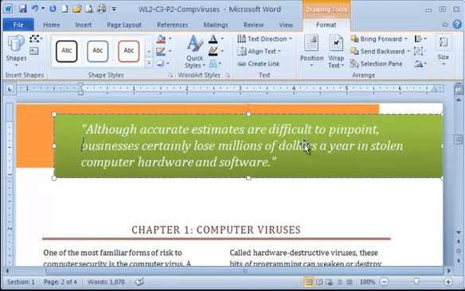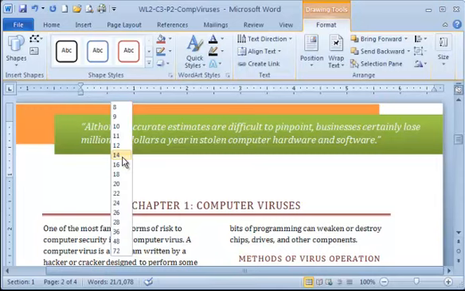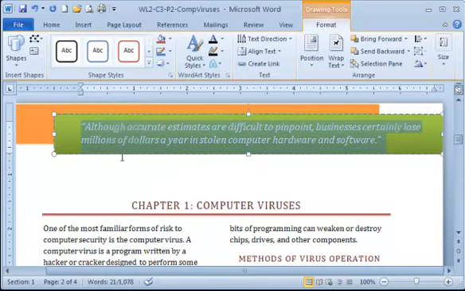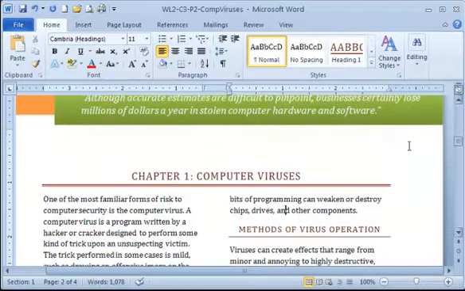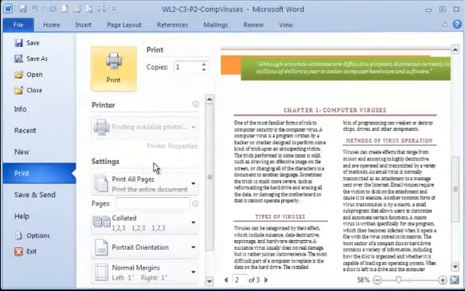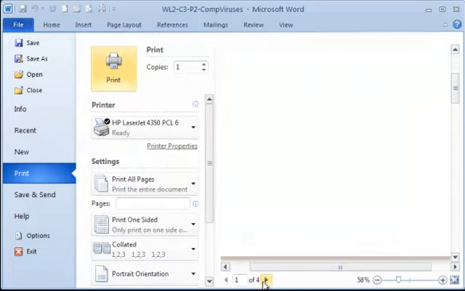Okay, so that's our sidebar, and they also want to make that a little bit smaller in font. So I'm going to select the text, and I'm just going to use the mini toolbar here, and they want that reduced to 14. And then we'll click outside of that, and you can see what that does. Let's do a print preview so you can see what's going on here. So now you can see it's at the very top of where it starts in